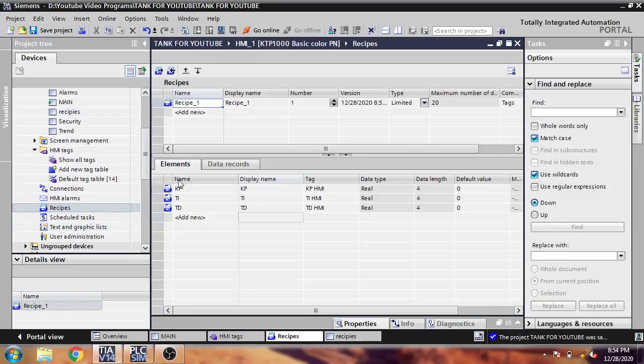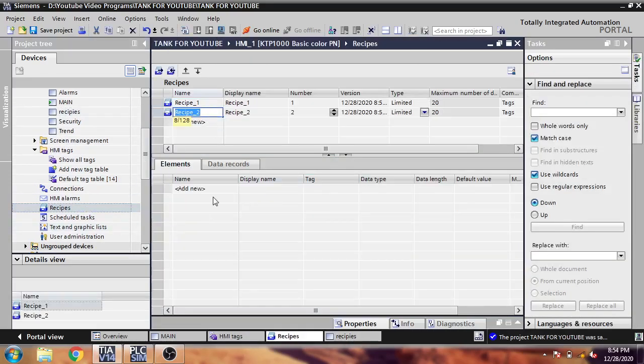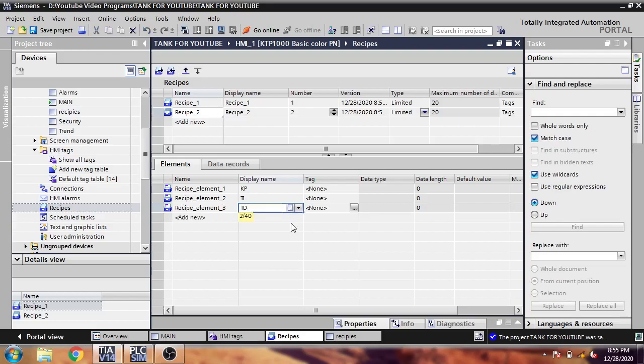And now I just need to create another recipe. Recipe 2. And I'm going to also name it KP, TI, TD. I think I don't need to create tags.